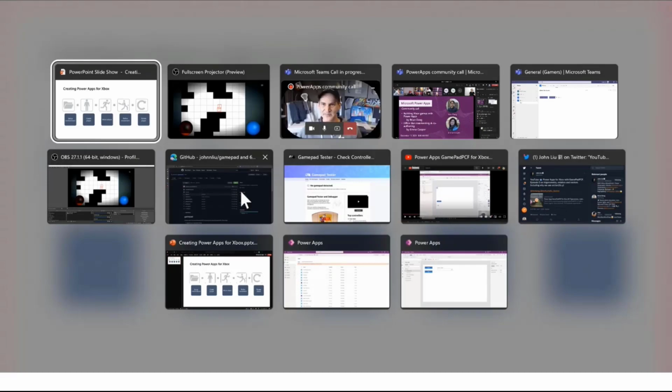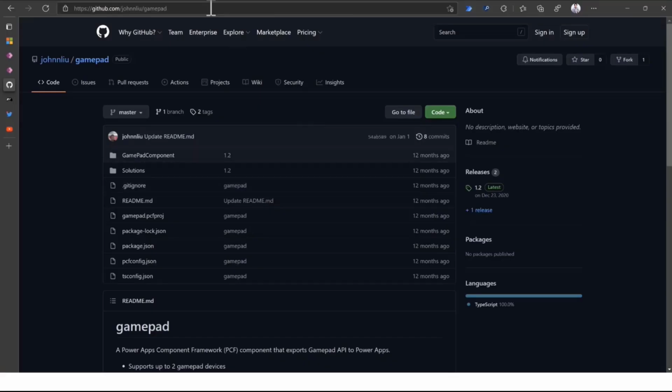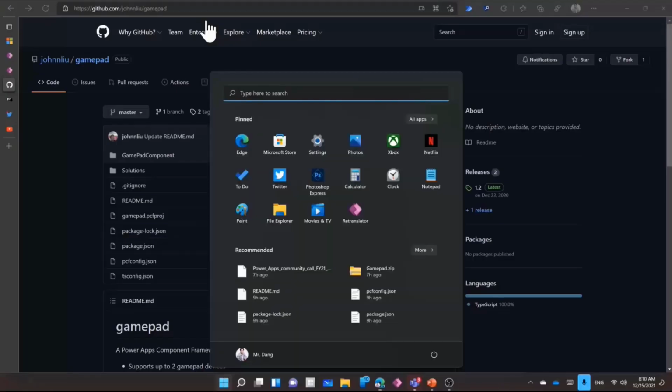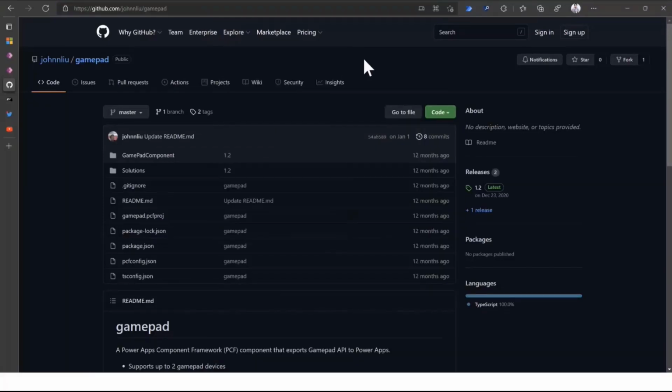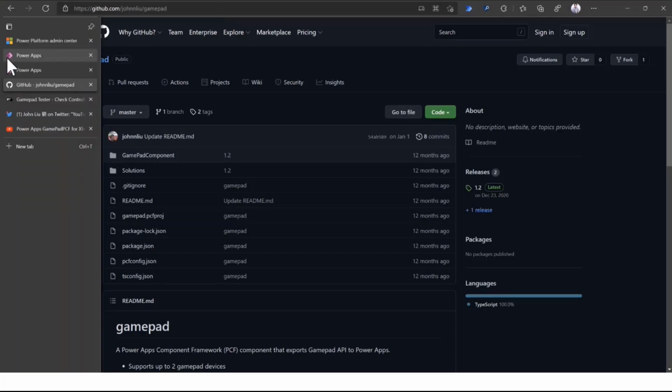I pasted a couple links inside the chat. Today, I'm going to be using John Liu's Gamepad PCF component. He created this so that every modern browser can communicate with what's called the Gamepad API. In other words, it's an API that will react to the inputs of a gamepad. So this is already pasted in the chat. You can scroll up to grab it. Once you download this, and John was kind enough to export it as a zip file for me,